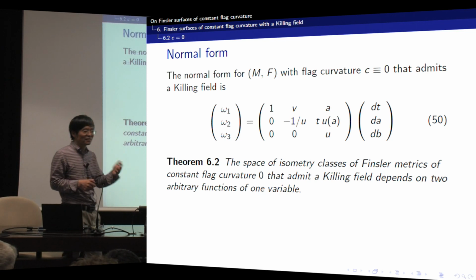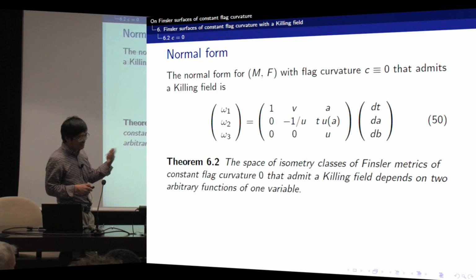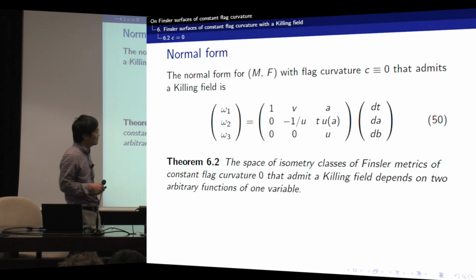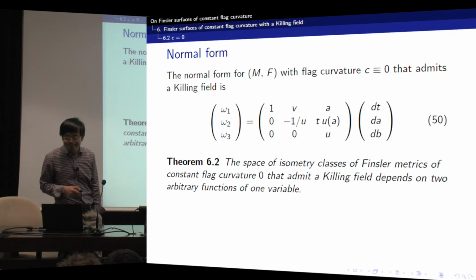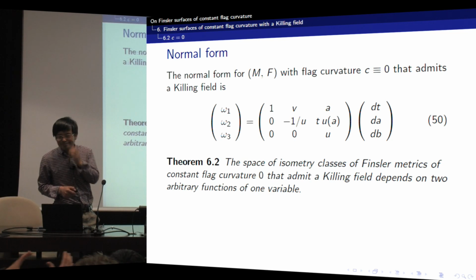In the general case, in the first talk, Professor Bryant said that for constant curvature equal to 1, the surface depends on two functions of two variables. But if you have zero curvature, why do you have only two numbers to specify? Because you can choose a Minkowski norm at one point and translate it everywhere by parallel translation. You would get something with zero curvature, and still we have the Minkowski norm to be arbitrarily chosen.